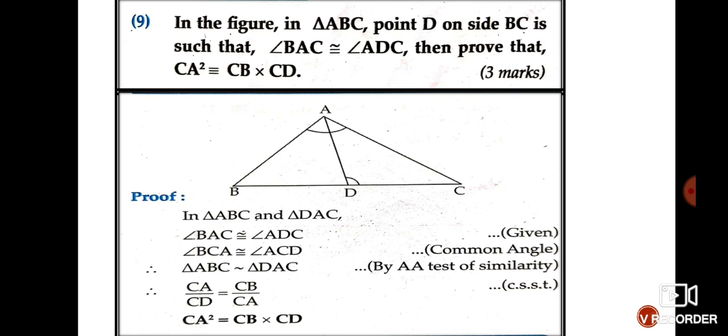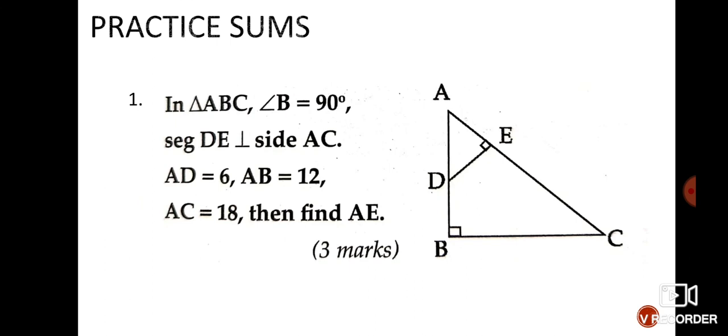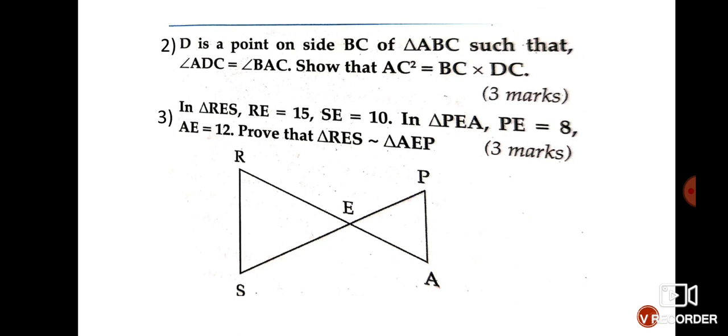So we finish with exercise 1.3. I have given three sums for practice over here, sum number 1, 2 and 3. You can write these in your notebook. Try to solve them. See whether you are getting the answer. Then I will try to give the answer in the next part 4. So children, kindly do these sums. Complete your notebook and try to do this assignment.